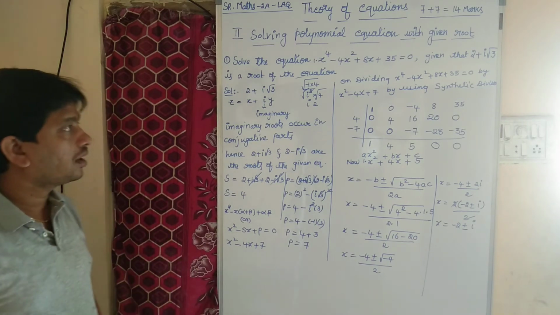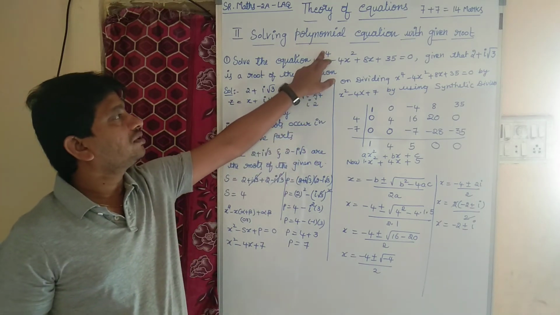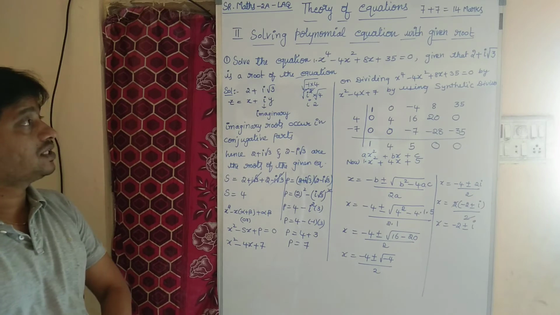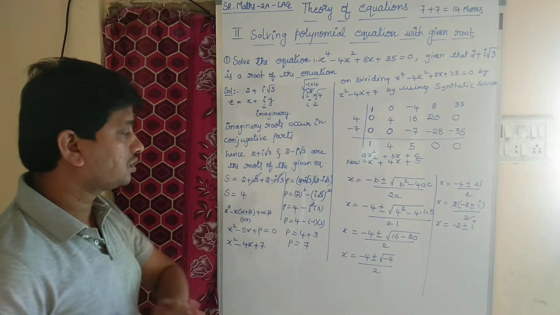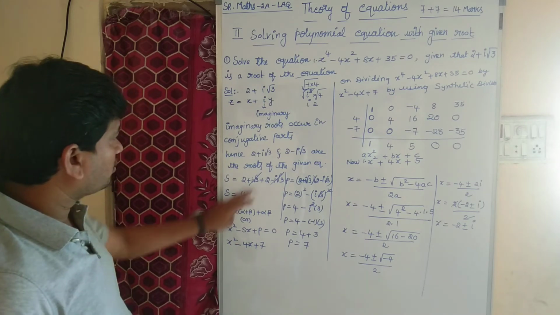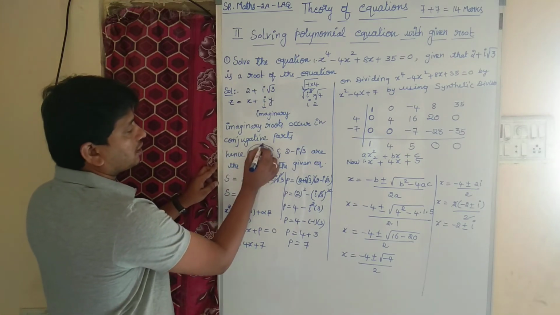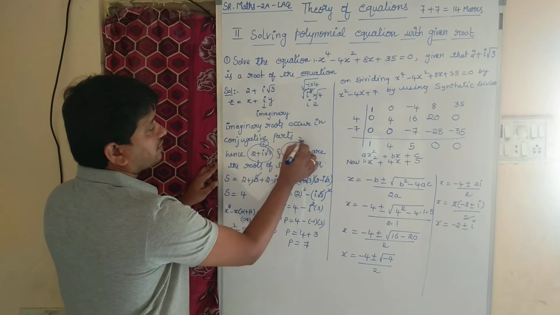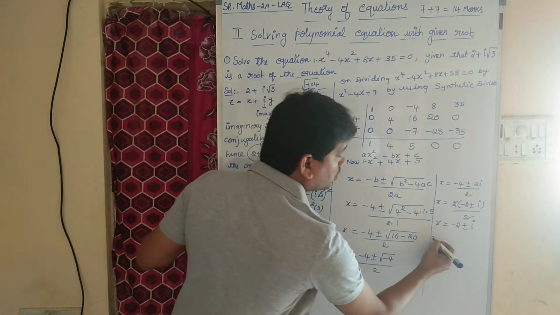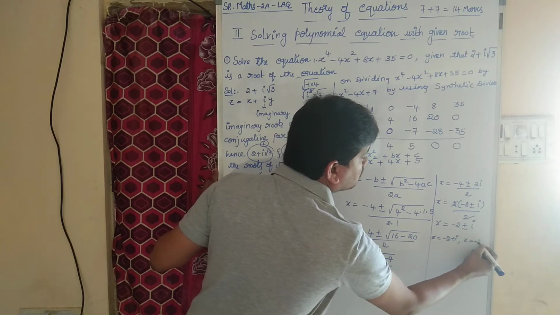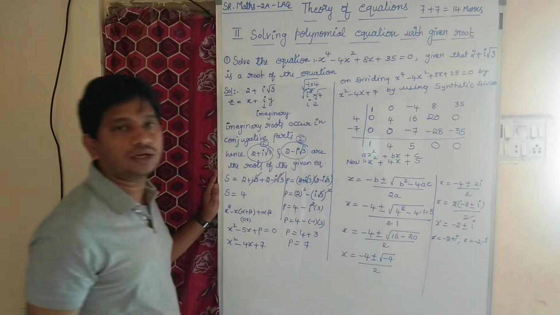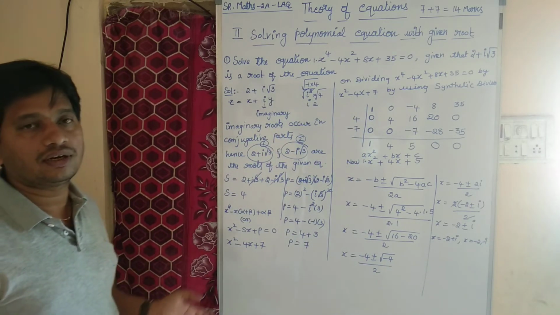So we got as the equation whose highest power is 4 and degree equal to 4. If the degree equal to 4, we will get 4 roots. So first two roots are, one is 2 plus i root 3. This is our first root and this is our second root. And the third root is, one is minus 2 plus i and the other one is minus 2 minus i. They are the roots of the given equation.